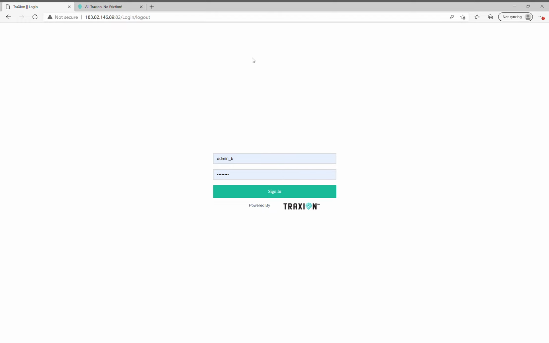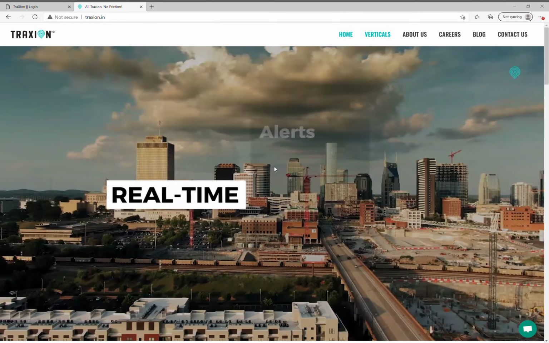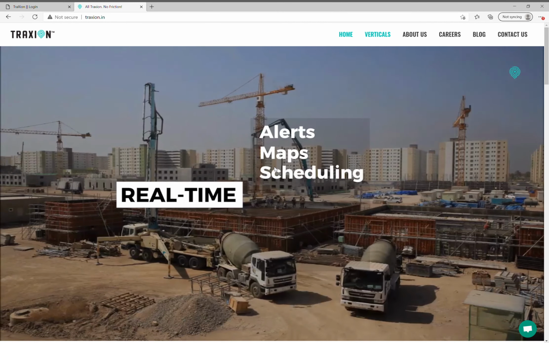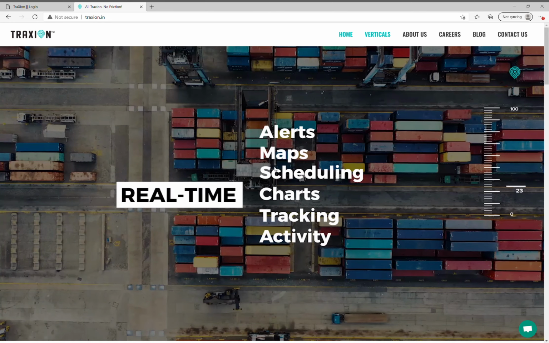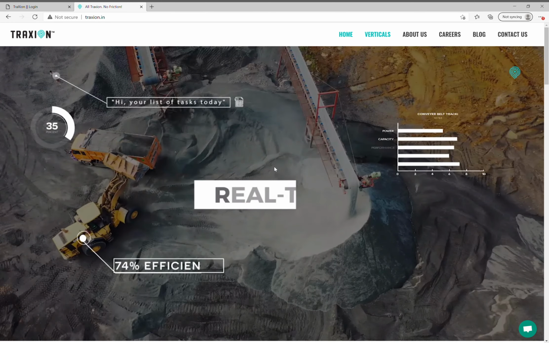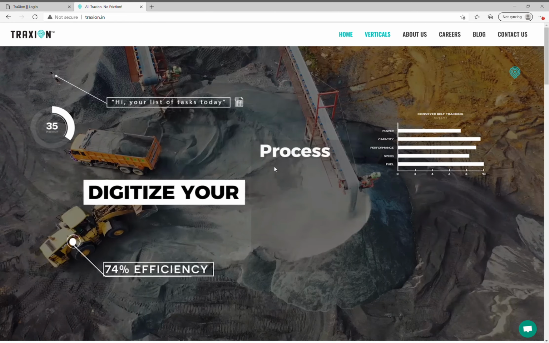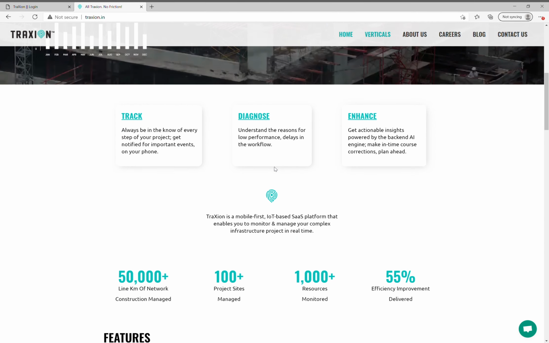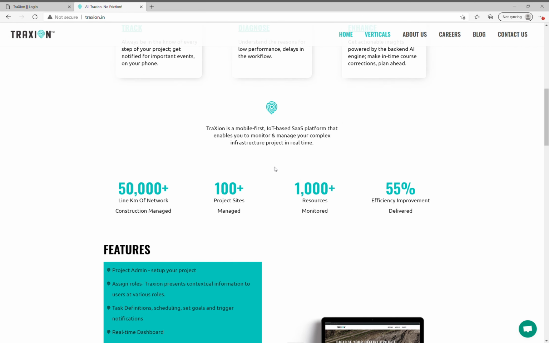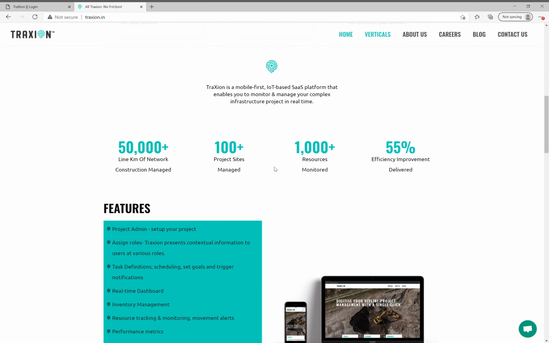Hi, this is a brief overview of the project monitoring system that we have implemented for the Jammu and Kashmir Land Records project. This solution is powered by our product called Traction, developed by GeoVista. It is basically a real-time project monitoring system end-to-end, which has alerts, mapping, scheduling, charting, reports, all of this using a mobile application and using IoT technology, and we've already been implemented in several locations across India.